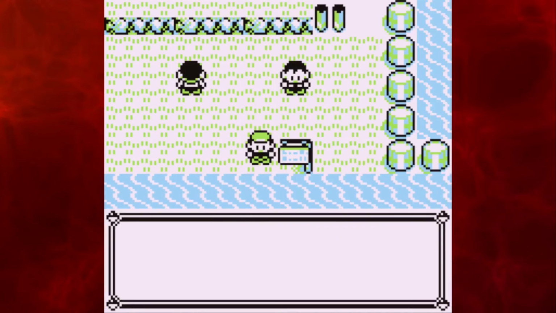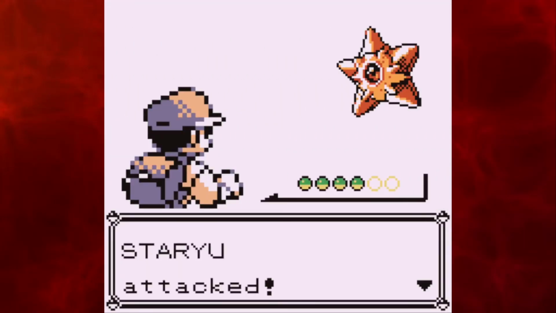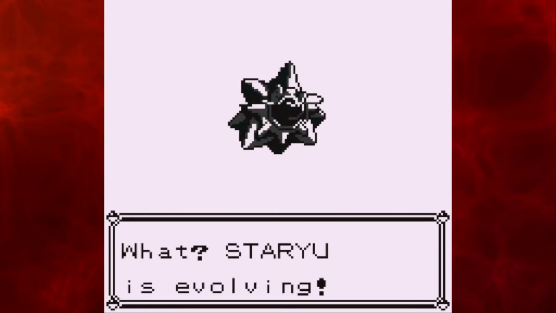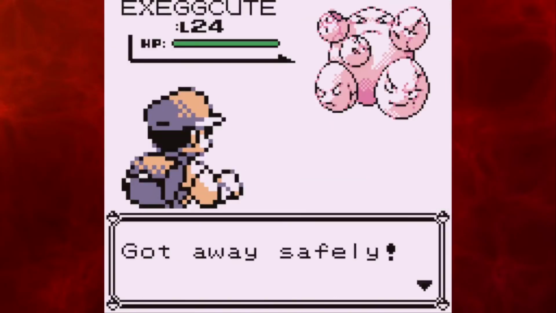Once you've made it to Fuchsia, head south to Route 19. Use the Super Rod until you eventually reel in a Staryu. Catch it and use that Water Stone that we bought at Celadon to evolve into Starmie. Teach it Psychic, then head for the Safari Zone. Once you've grabbed the HM for Surf, which will also teach Starmie, head to Area 3, where we have a